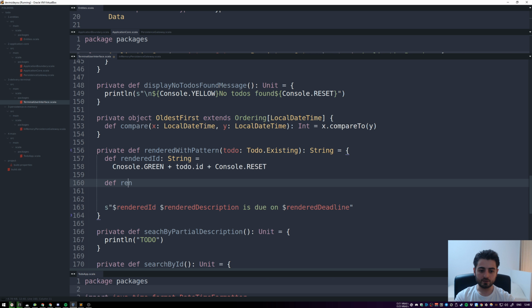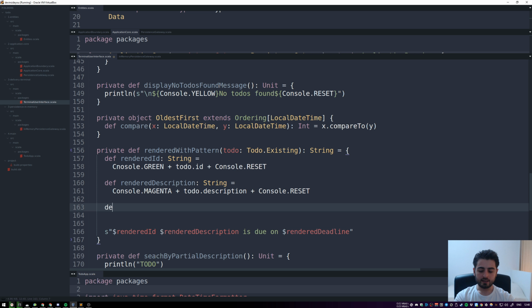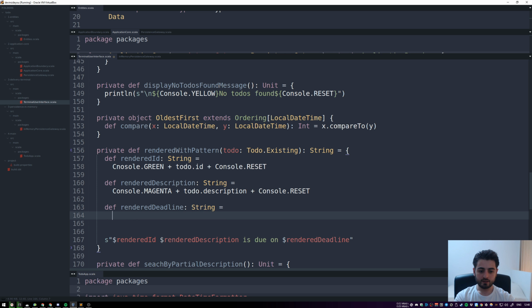It doesn't matter because we're going to use them only once over here. Rendered description, right? Produce a string: description is going to be in magenta. Everything is going to be very colorful. We're going to have to do dot description plus console reset, and over here we're going to have rendered deadline, which is just a string. The deadline is going to be console dot yellow plus to do dot deadline